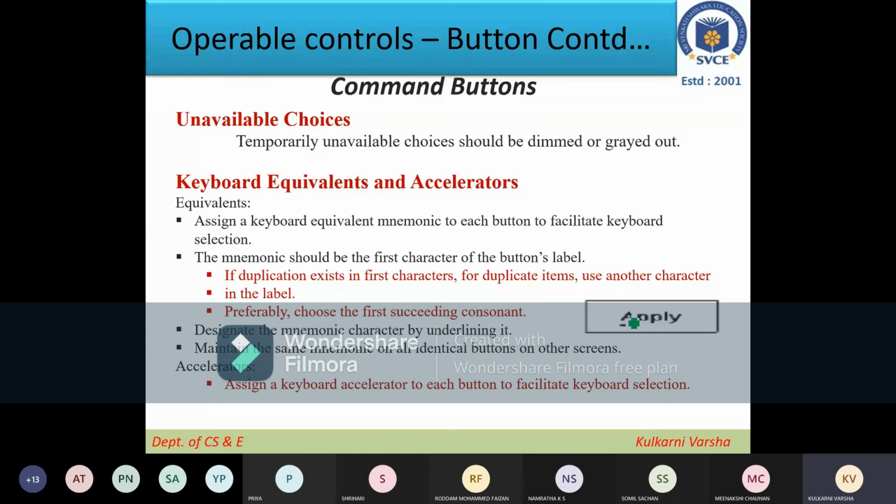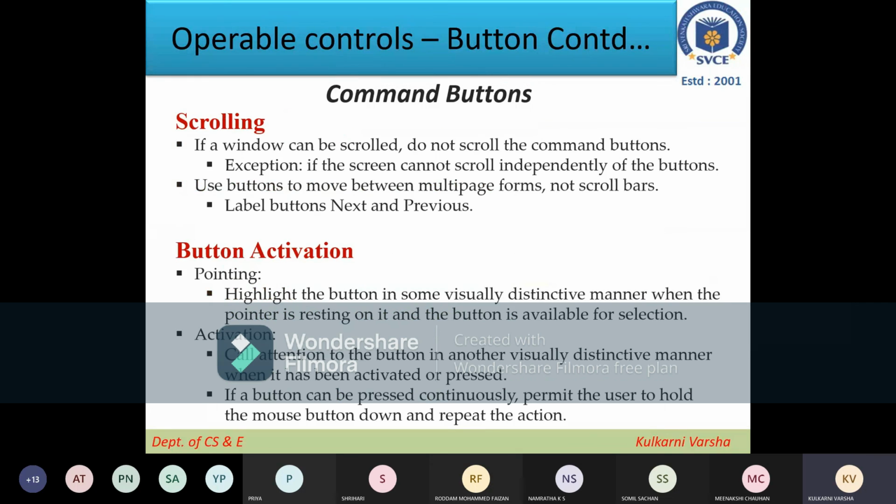So when you press control and A, two characters simultaneously, it will do exactly the same action as clicking on the button. So that is the keyboard equivalent. So provide the keyboard equivalents also if necessary.